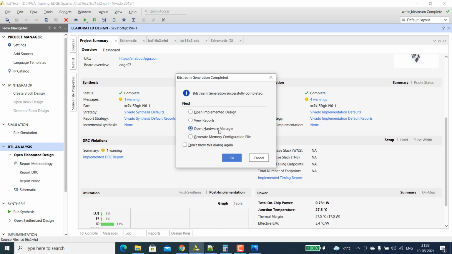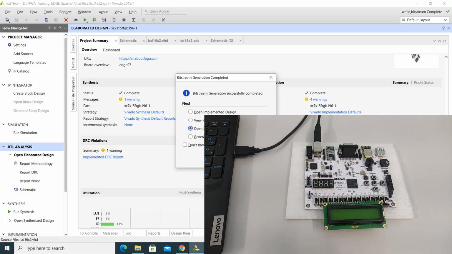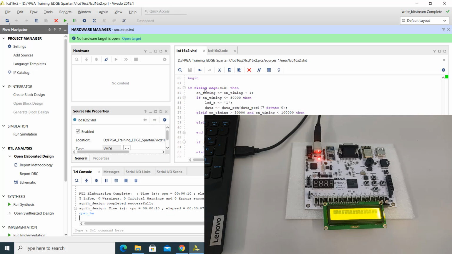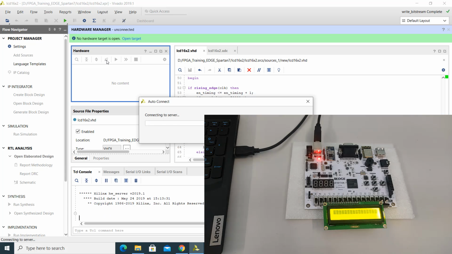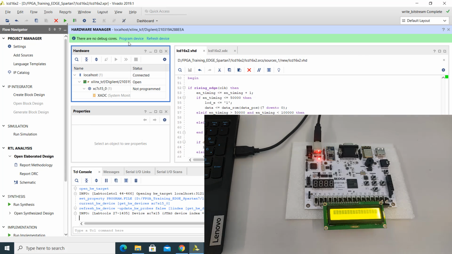So everything was generated. We can turn on the kit and open hardware, auto connect, program.